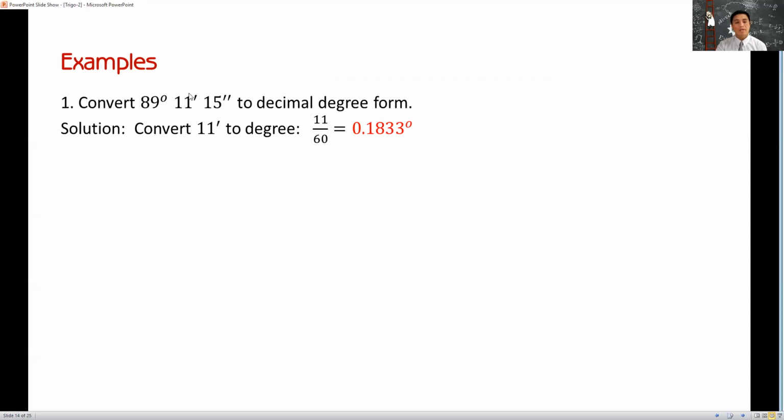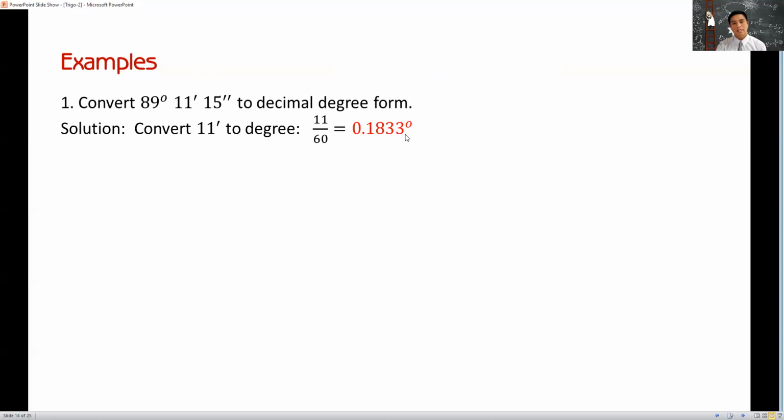Now to change 11 minutes to degrees, remember 1 degree is 60 minutes, so simply divide that number by 60. So 11 over 60, and then you have to get 4 decimal places. To get an accurate answer, write in 4 decimal places and put the degree symbol. So 11 minutes is